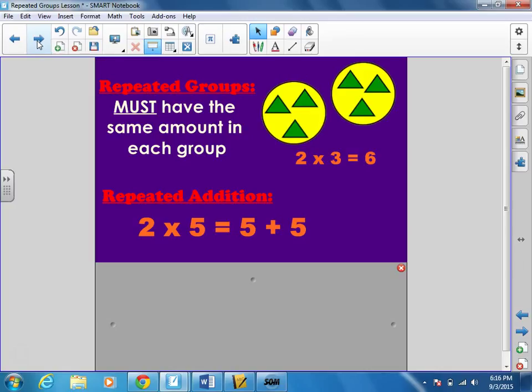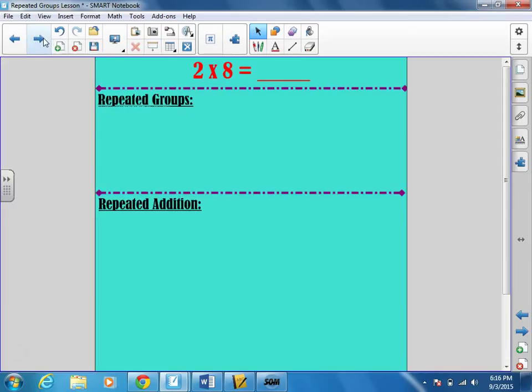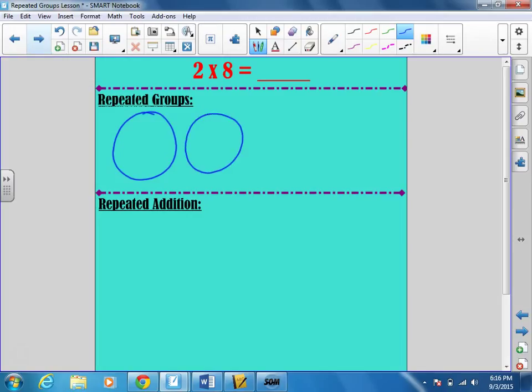Now, let's practice. Here we have the equation 2 times 8. Using repeated groups, I teach students that the first number is the number that will tell you the number of groups you should have. So we use the first factor to determine how many large groups we should have. We use the second factor to determine how many pieces should be inside each group. So we have 2 large groups that will have 8